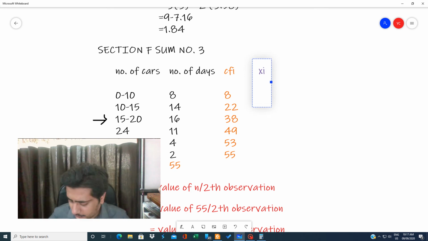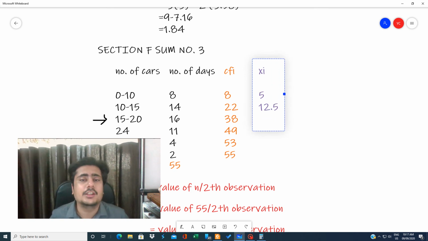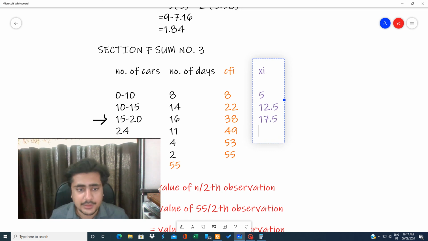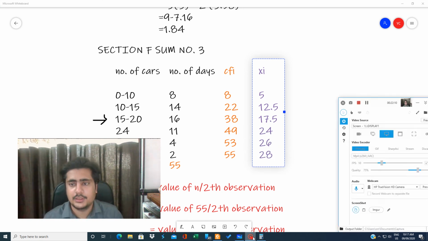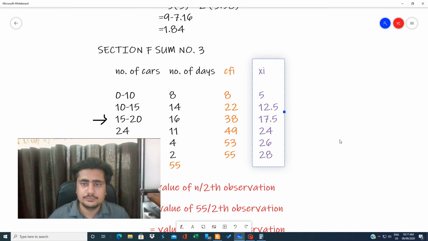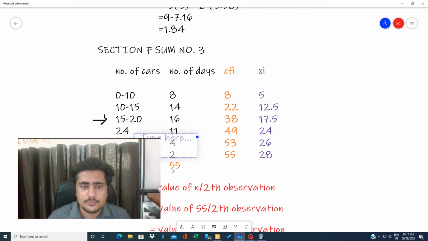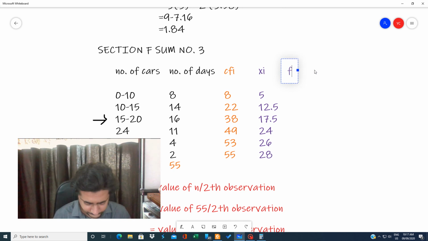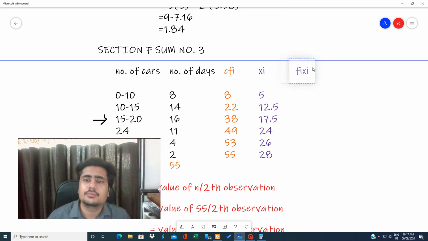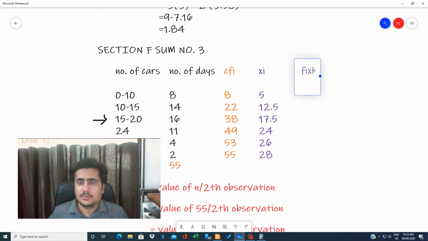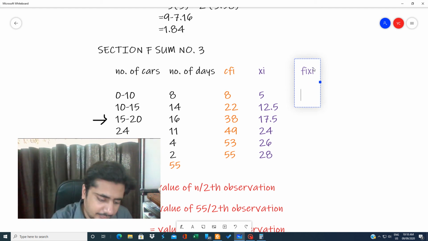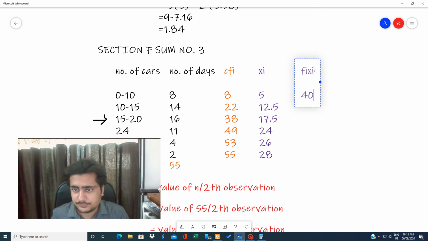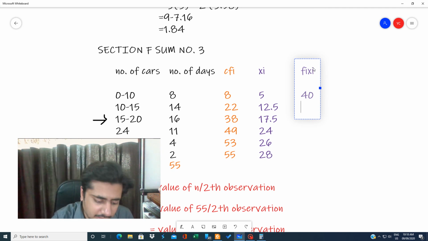So for 0 to 10 x i is 5, then for 10 to 15 it is 12.5, then 17.5, 22, 25, 27. Okay, now let us find f x i. Let us calculate f x i: 8 into 5, then 14 into 12.5,